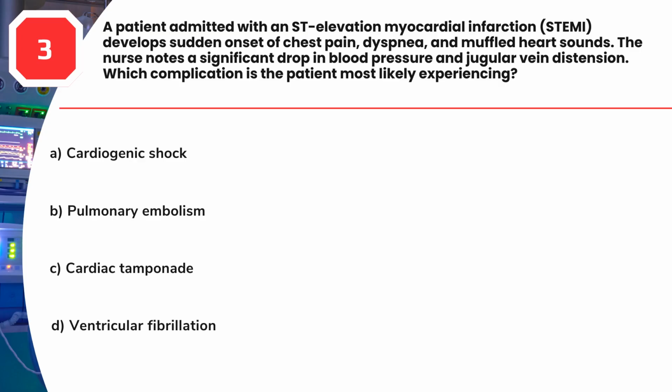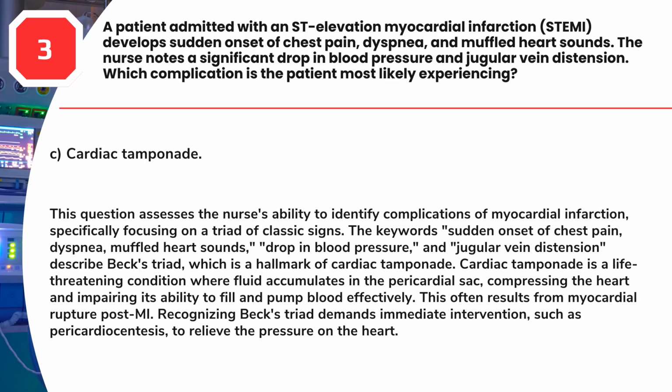A. Cardiogenic shock. B. Pulmonary embolism. C. Cardiac tamponade. D. Ventricular fibrillation. Answer, C. Cardiac tamponade. This question assesses the nurse's ability to identify complications of myocardial infarction, specifically focusing on a